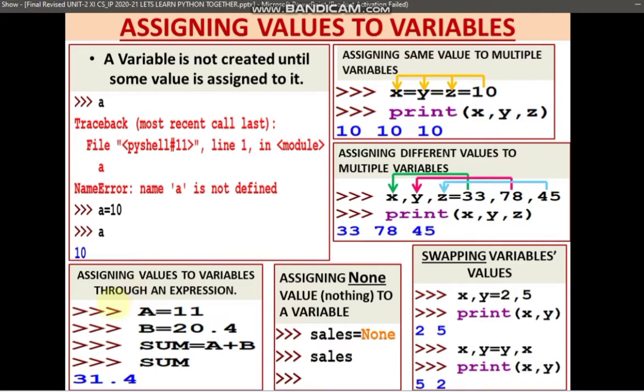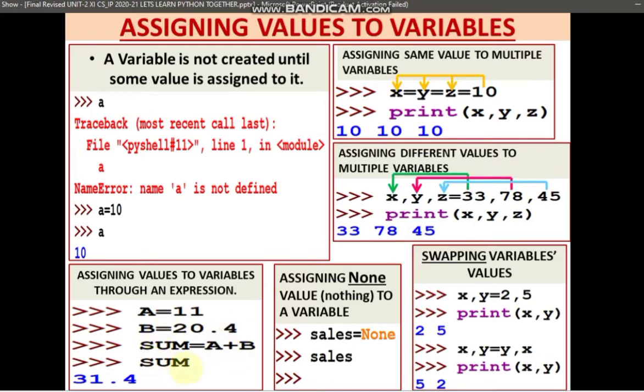Assigning values to variables through an expression. Now see here, I have defined one variable a with the value 11 and b with the value 20.4. Sum is equal to a plus b. So I'm not defining sum as such with any value, but what I have done is at the right hand side of the assignment operator, I have given an operation that the value which we will get after adding a and b should be assigned to sum.